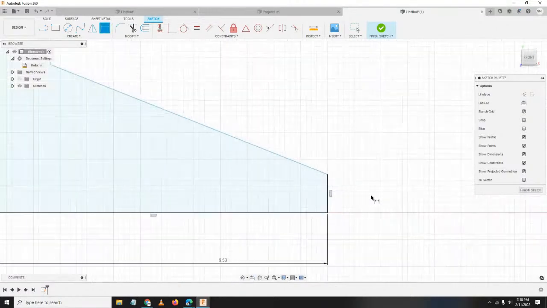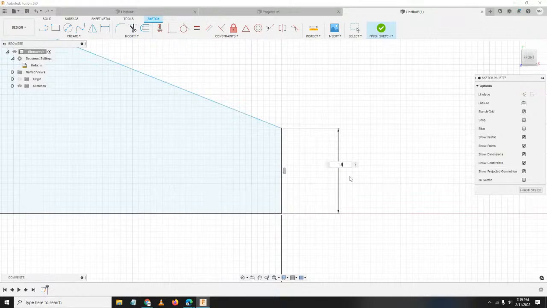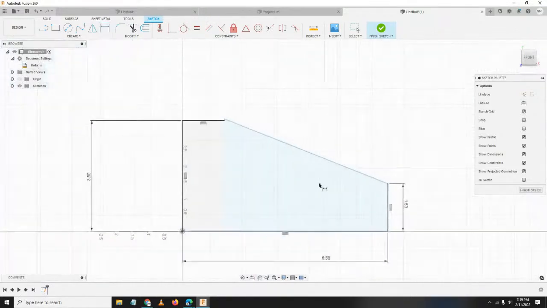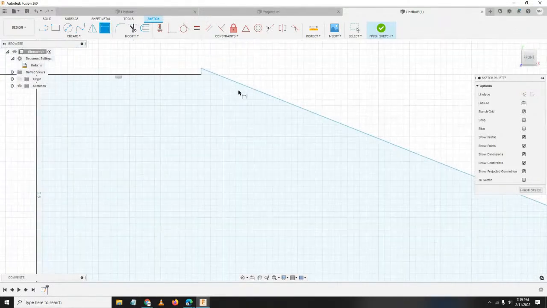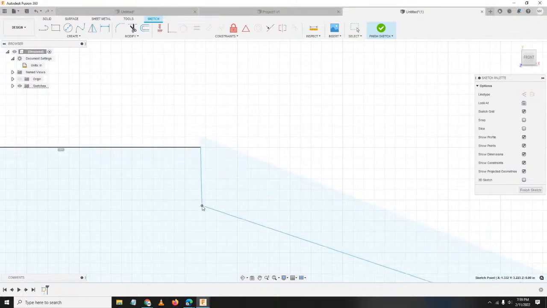And itong line na to, 1.5. Okay? So, pansin nyo, nagtaas siya. So, let's hit escape. Baba lang natin to.